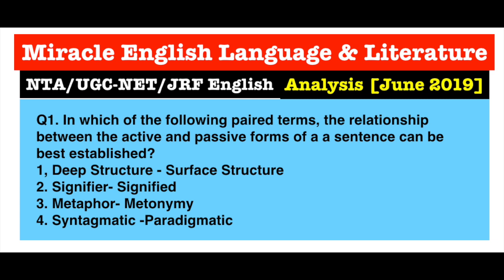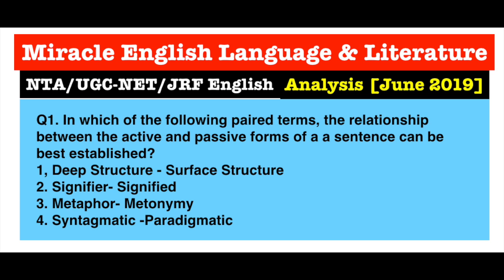Now, suppose we take this example: John broke the glass. This is an active voice. And when we make a passive voice of it, it will be: the glass was broken by John. So different surface structures can be made in a sentence, but there will be a common deep structure. A linguist, Hockett, in 1958 talked about these two structures. He was the first linguist to mention surface structure and deep structure, and Noam Chomsky, who is often referred to as the father of linguistics,